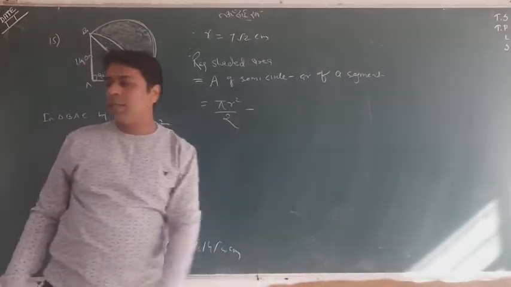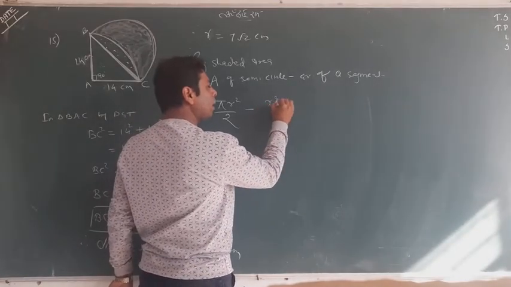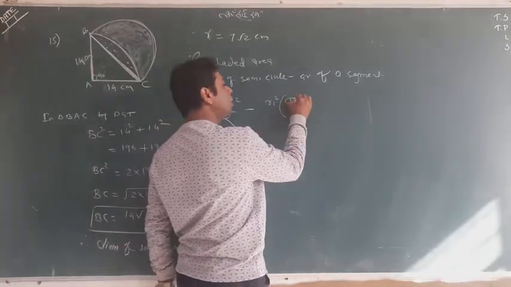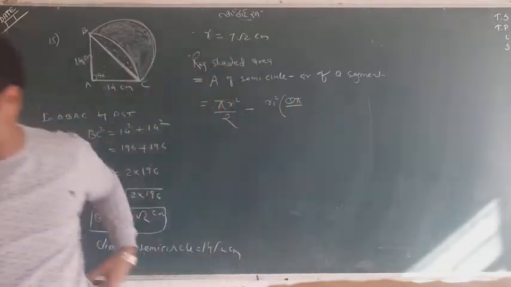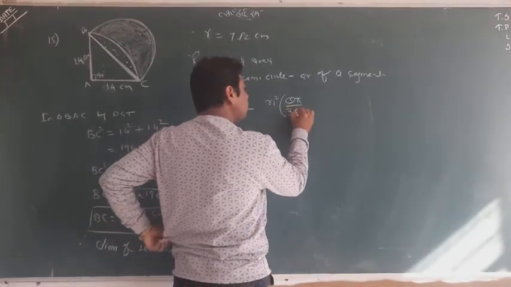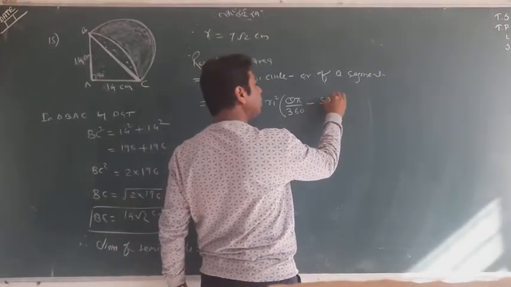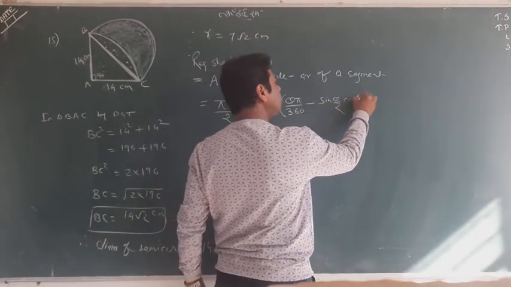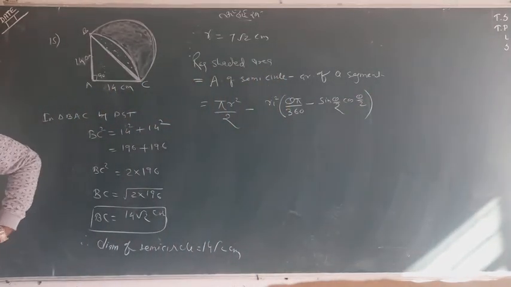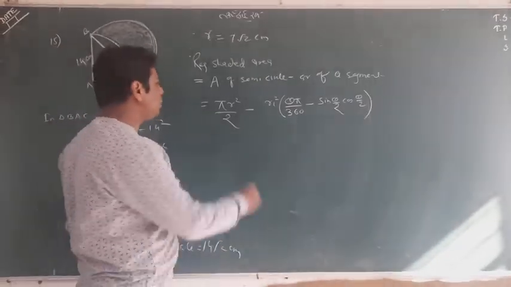So the formula, you know the formula, is R1 square upon 2, times theta pi upon 360 minus sin theta. You remember the formula, I think? Sin theta by 2, cos theta by 2. This was the formula we used. Sin theta by 2, cos theta by 2. And students, use the formula. Now I think it's going to be easy for you.